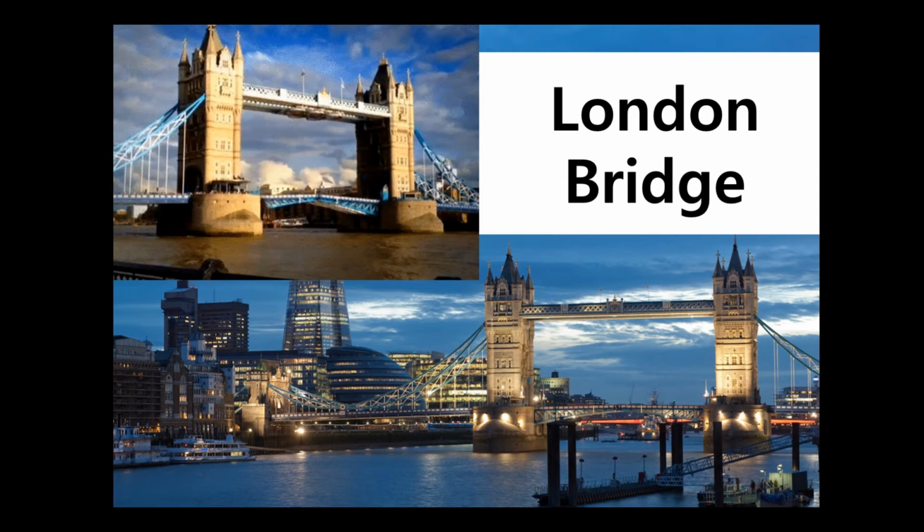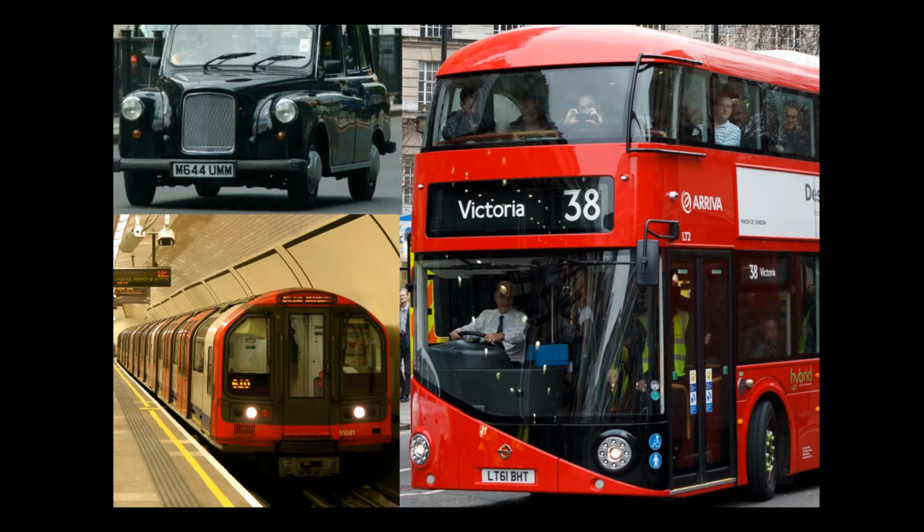Now, I like to make a comparison between my city back home and the city that I'm currently teaching in, which is Shenzhen right now. So I can say here that we have a bridge that opens and closes. And do they have that over here? I also talk about the transport. We have big, famous red buses. We have the black cabs. I can ask students what color their taxis, what color their buses are, etc.